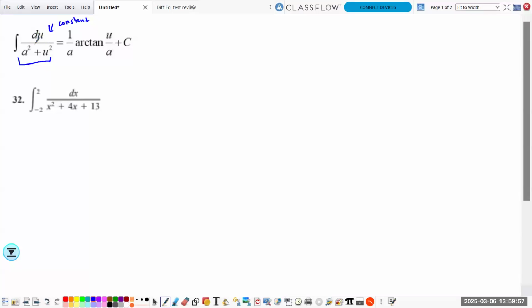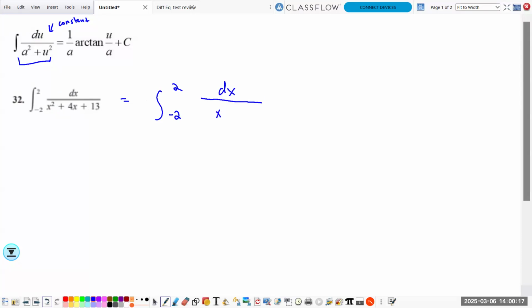If there are, I might want to look at long division if the power is higher, or I want to look at u substitution if the power is lower. But if we have a problem like number 23 from the textbook, we can see we've got x squared in the denominator and the numerator is just dx. So I'm going to rearrange this problem to become